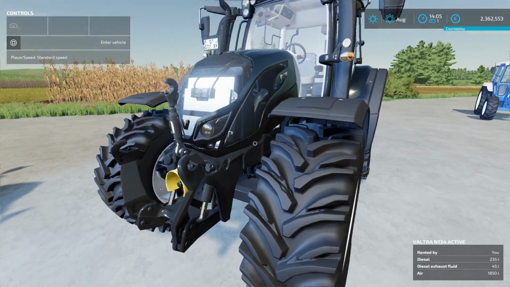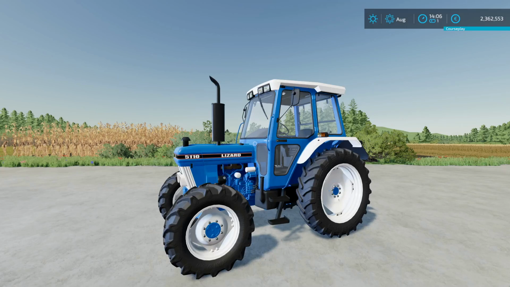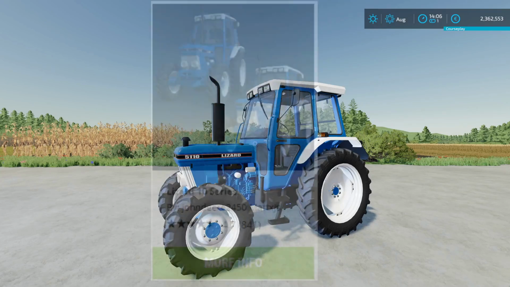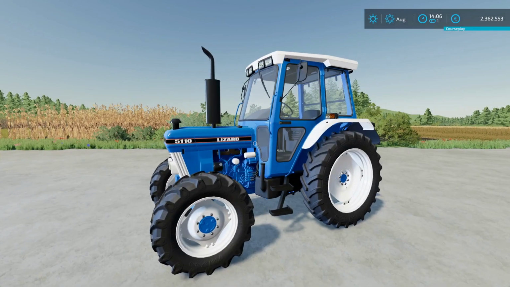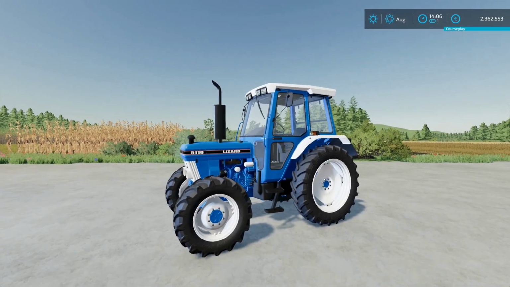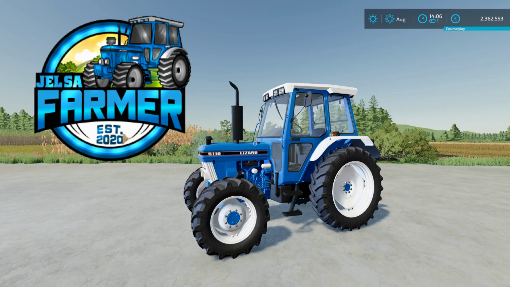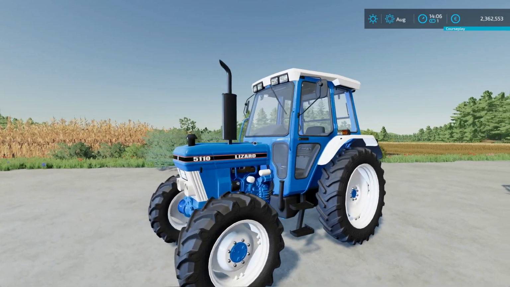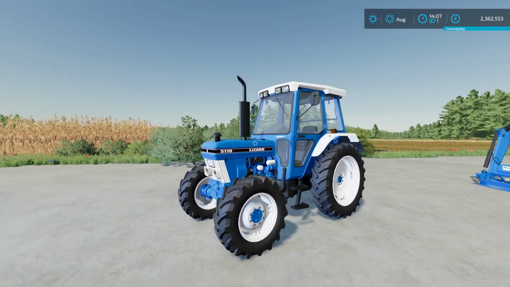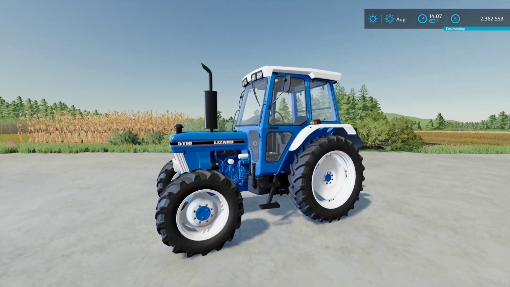Moving on to the next one. Next one on the list is the Lizard 10 series. This is by John Deere 2450 and Matt XJS. Now this one, the reason why this is my favorite is, I have this on my logo. But it also comes with a great set of configurations, engine setups, and just beware, there are two of these